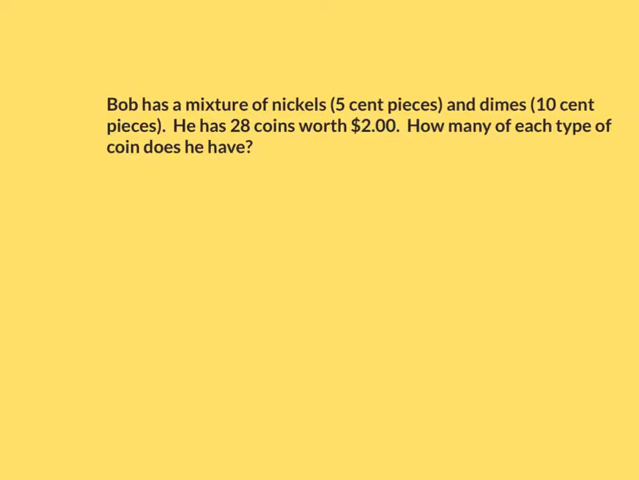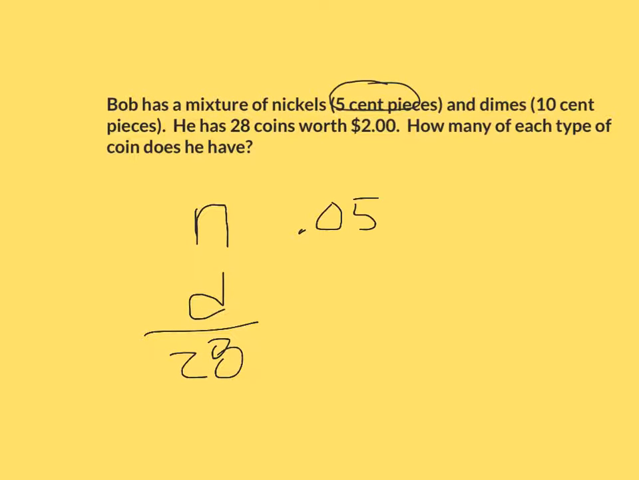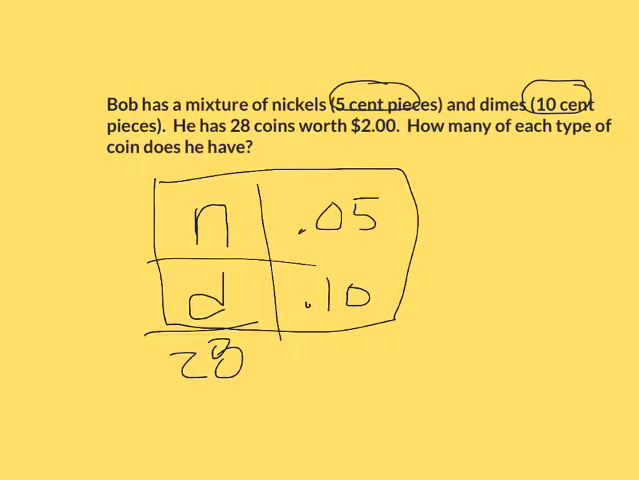Bob has a mixture of nickels and dimes, and he has 28 coins worth $2. How many of each type of coin does he have? So I have nickels and I have dimes, and that adds up to 28 coins. The cost of a nickel is 5 cents, which I'm going to write as 0.05. And the cost of a dime is 10 cents, which I'm going to write as 0.10. So I complete these 4 boxes, I multiply across,